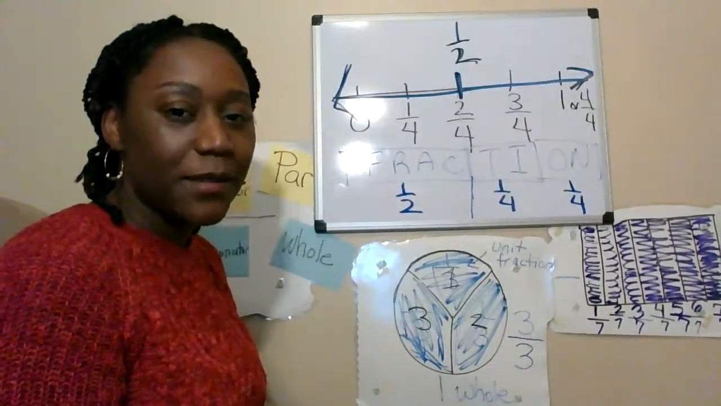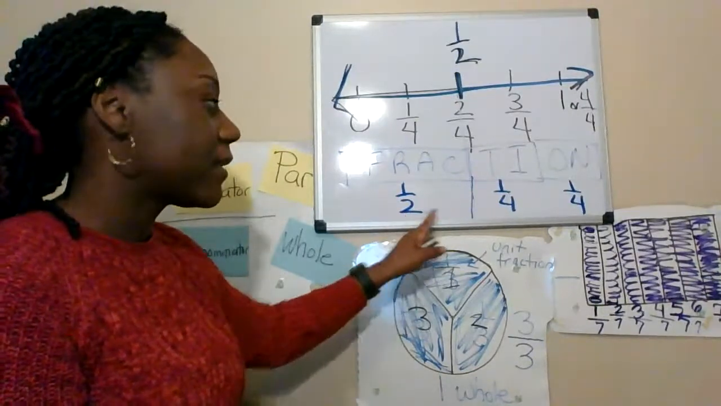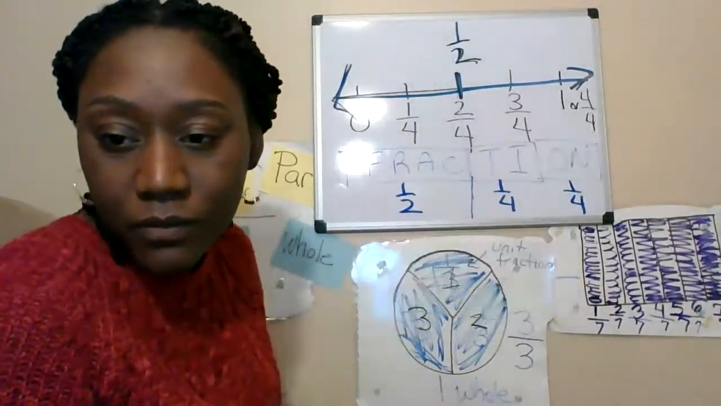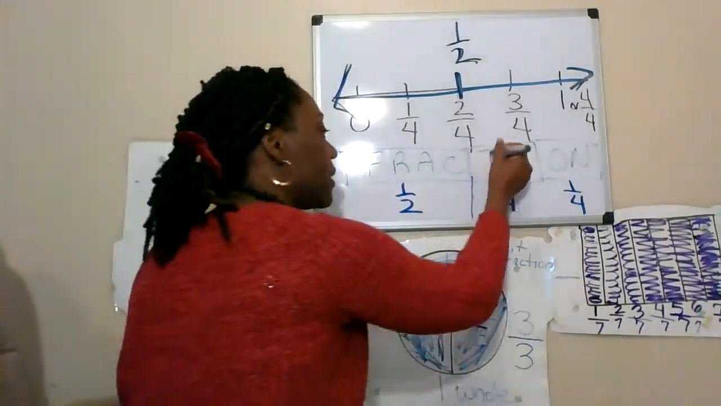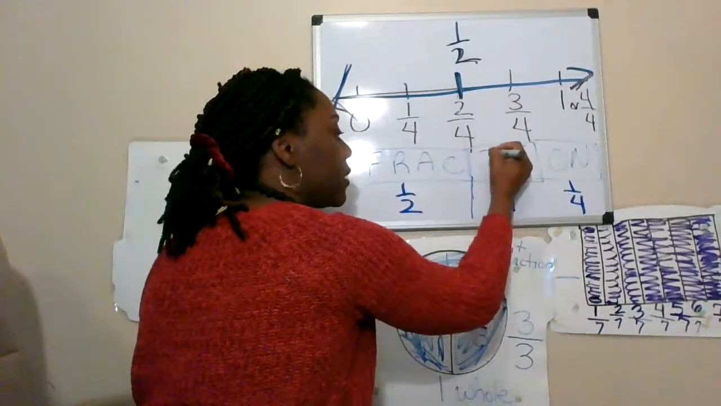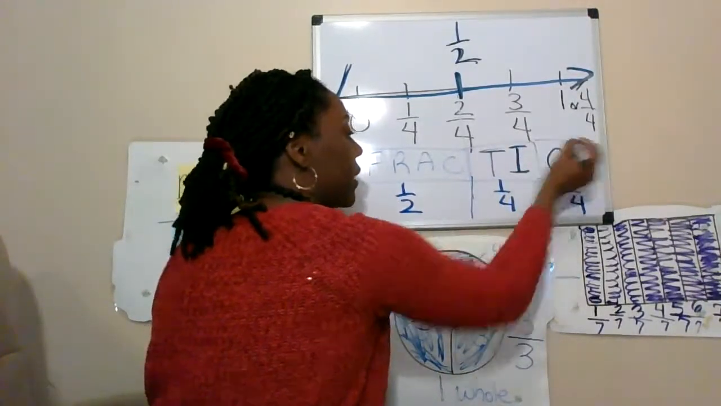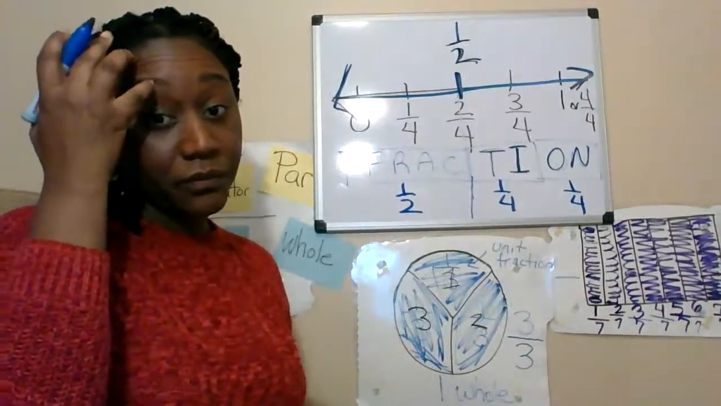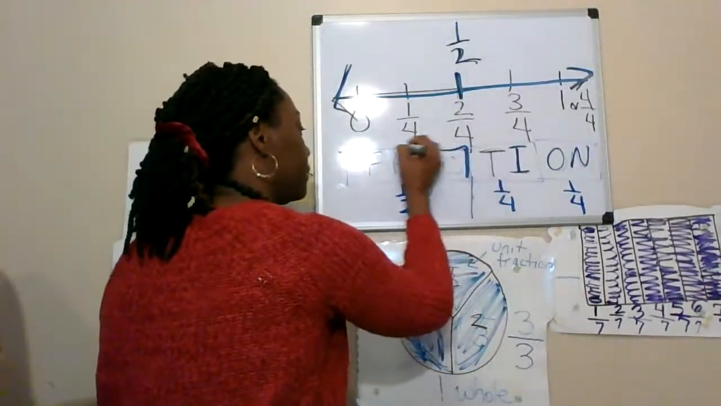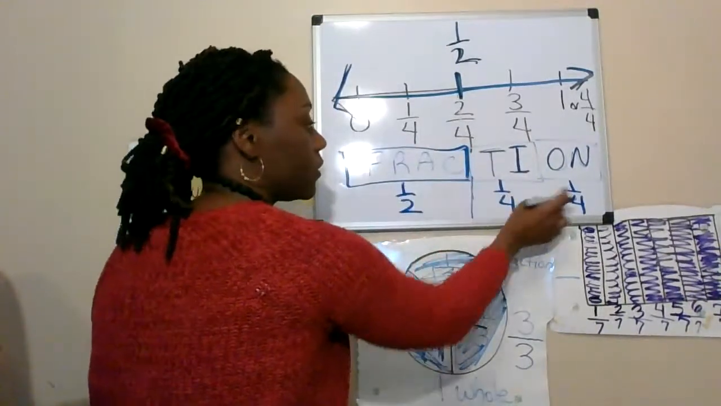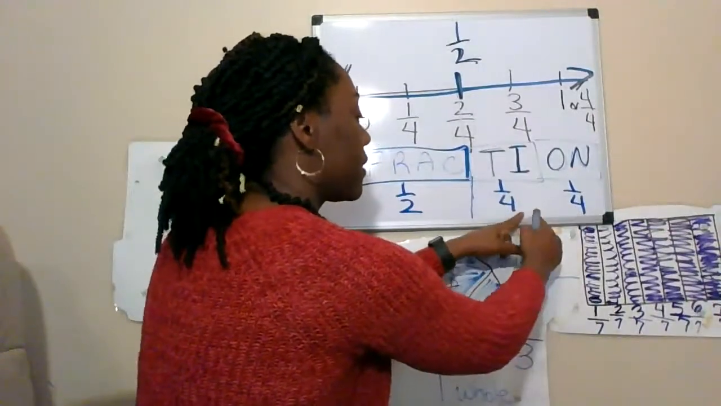I need the equivalent of 1/2. How many fourths? 2 green, 2 red. Good job. So these two would be green and the 2 would be red. 4 blue, 2 green, 2 red. So when I put these two together,